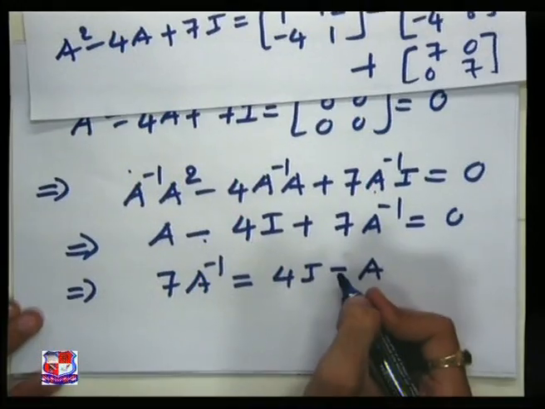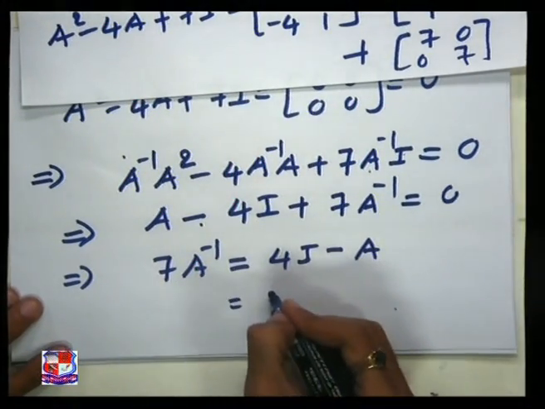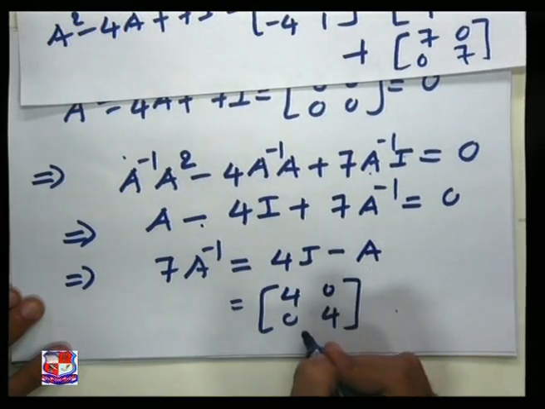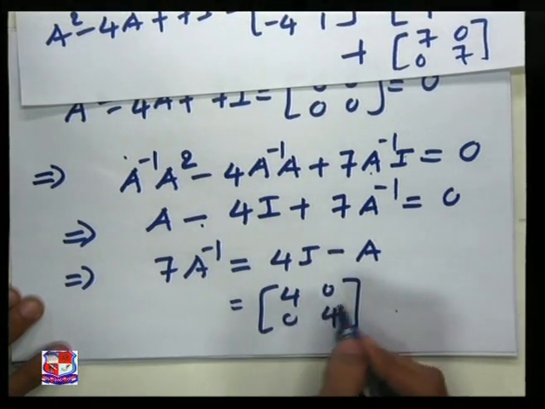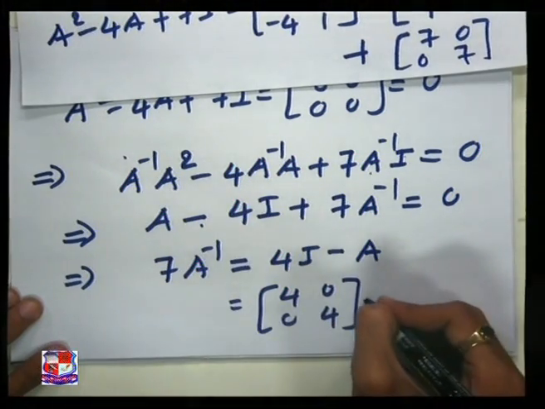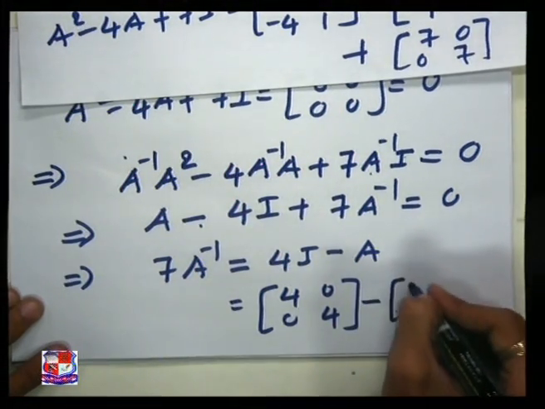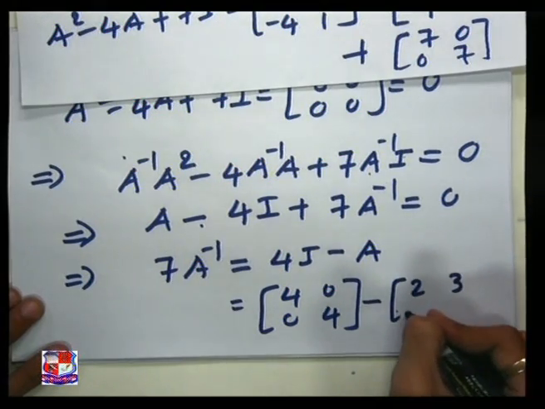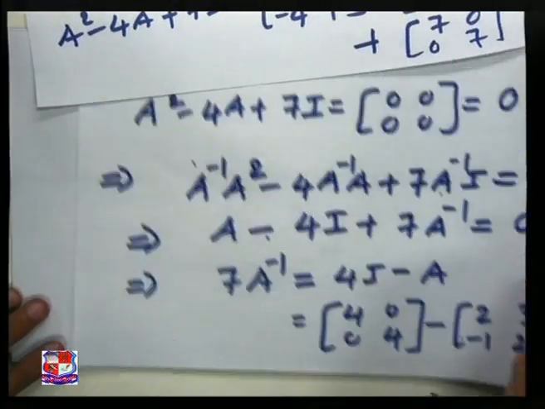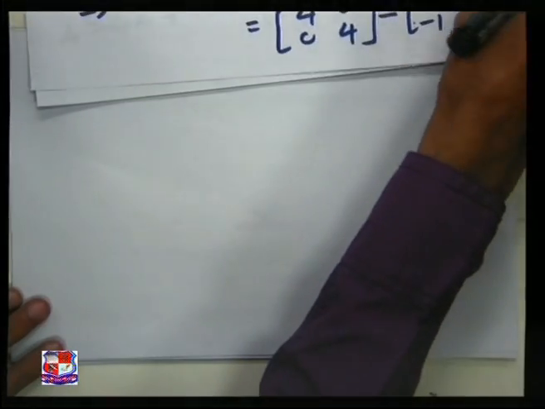So as we all know, 4I is equal to 4 0 0 4, because identity is 1 0 0 1 into 4, that is 4 0 0 4, minus A, and A is 2 3 minus 1 2. So by simplifying this one, we will get